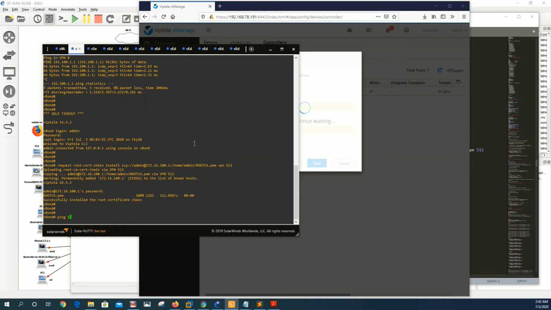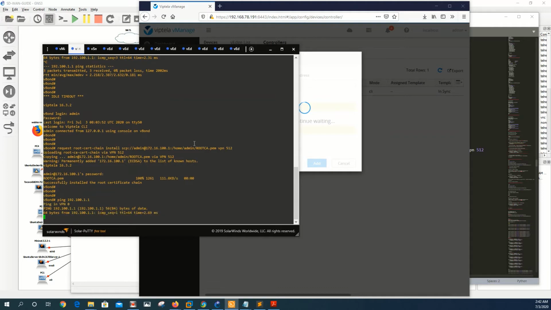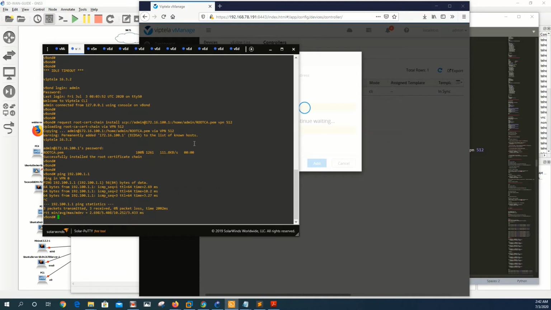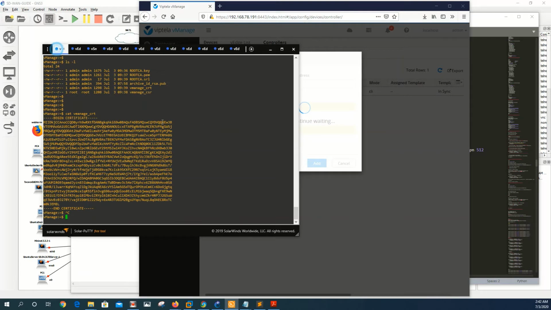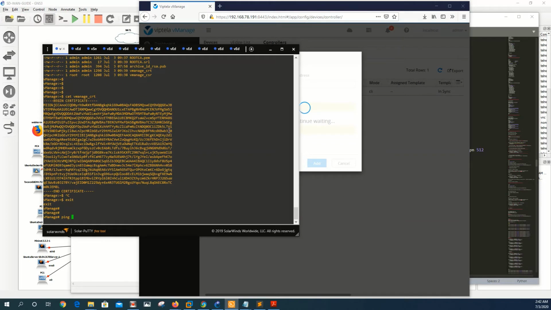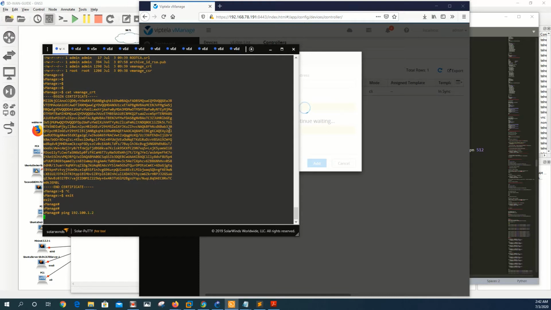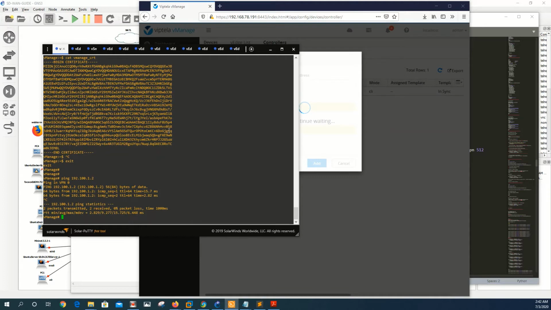It's going through the internet. 192.100.11. I can ping vManage from vBond. Let me exit here and try to ping vBond 192.100.1.12. I can also ping